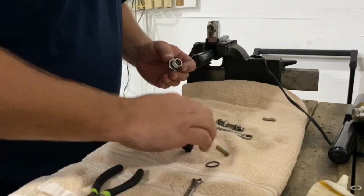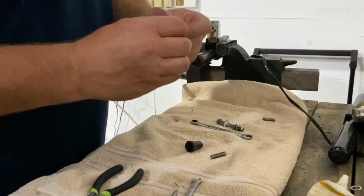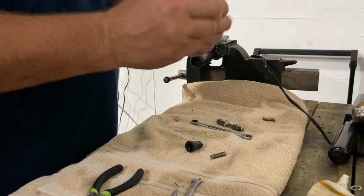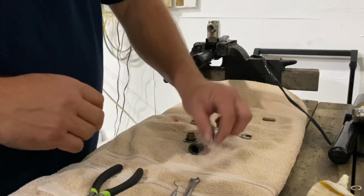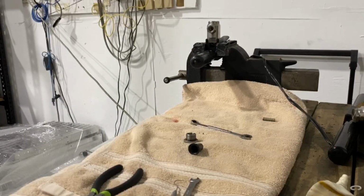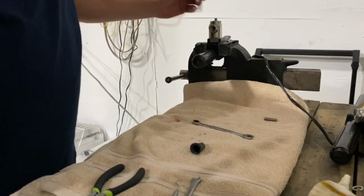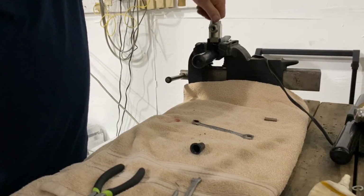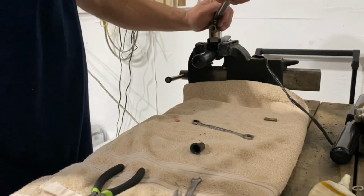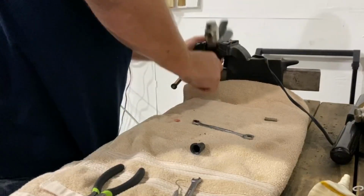Okay. And then you also want to replace your cap O-ring, which is also supplied. I've got enough lube on my fingers, I'm not even gonna worry about getting any more on there, so we've got enough. We want to take our new spring, we're going to put it in our stem. And this is all lubed, and we're just sliding this. Let me get back. Oh, I thought I zoomed it in. Maybe not. That might be good enough. Okay. So we just want to slide that in there. Reinstall our cap. Tighten it up. Take it out of our vise and